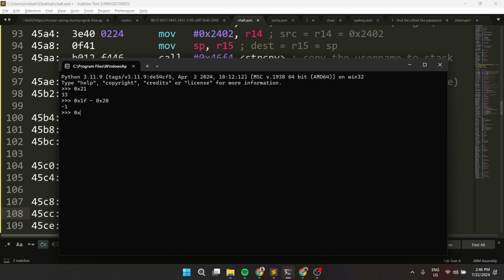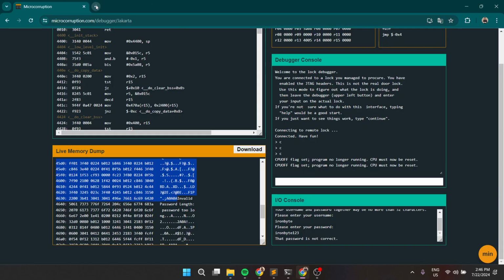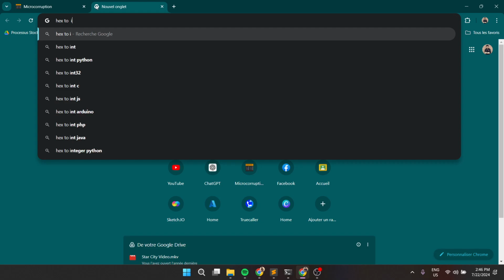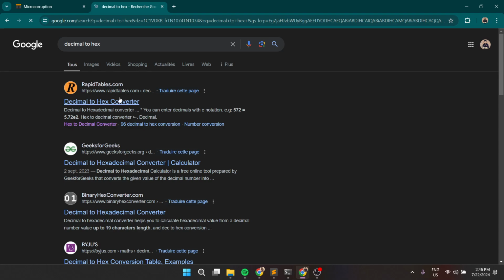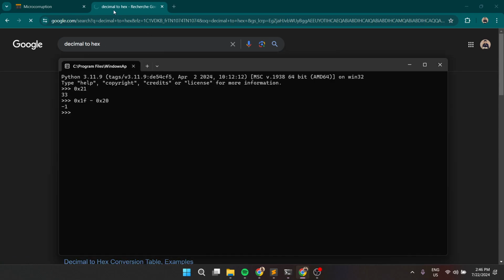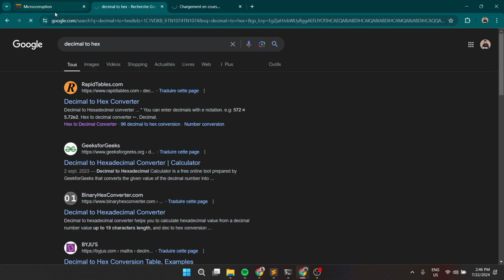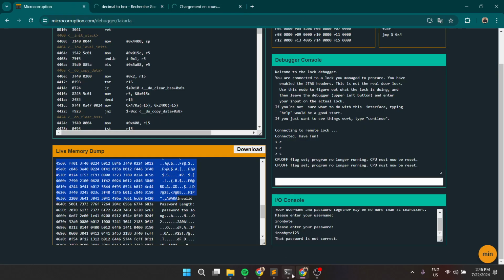Nope, it's going to be exactly, let me just try to use hex to decimal, or decimal to hex. So if we try to do that, okay, it's taking too much time to load. Okay, anyway,